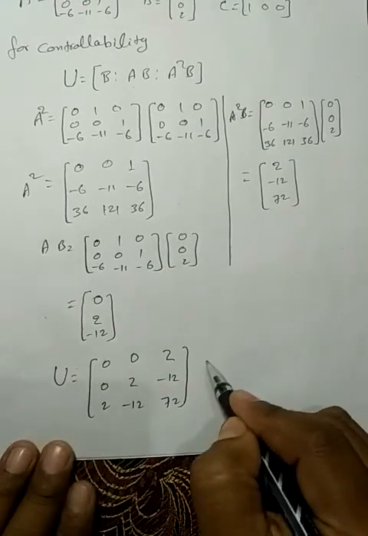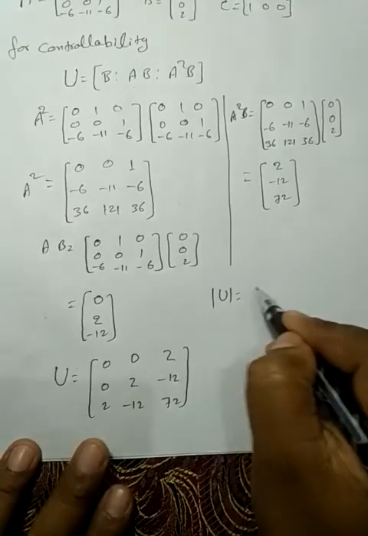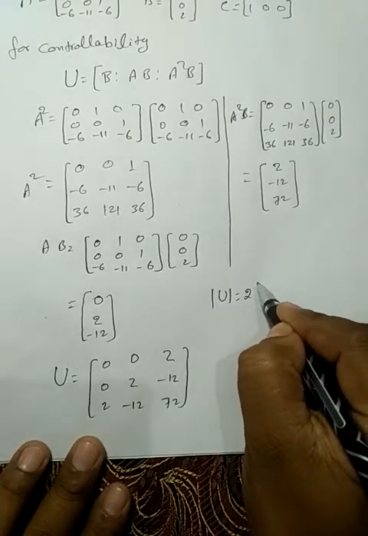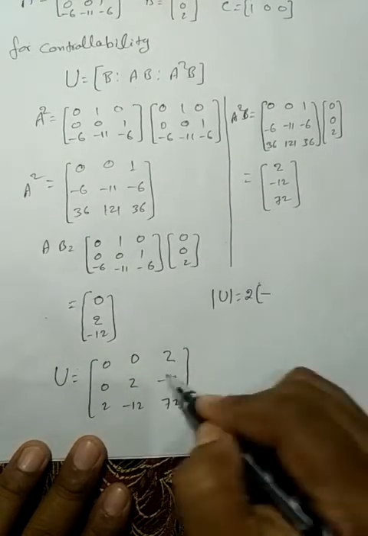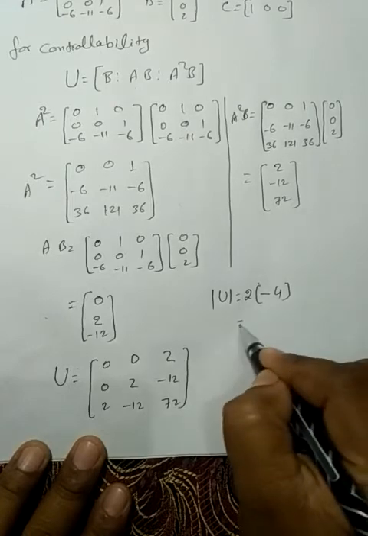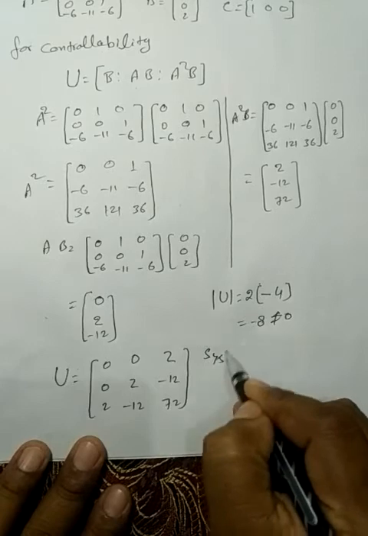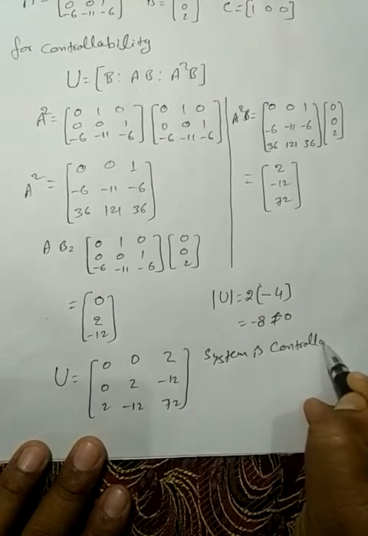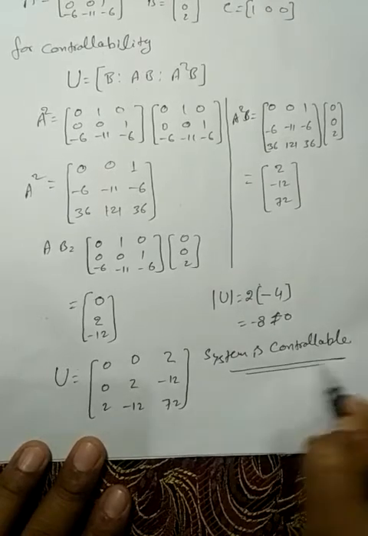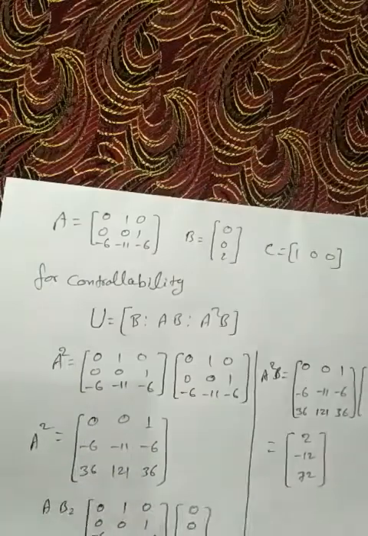And after checking its determinant, so let's check it out. U is equal to 2 0 minus 4. So result is minus 8, and which is not equal to 0. Therefore system is controllable. System is controllable. And for observability,